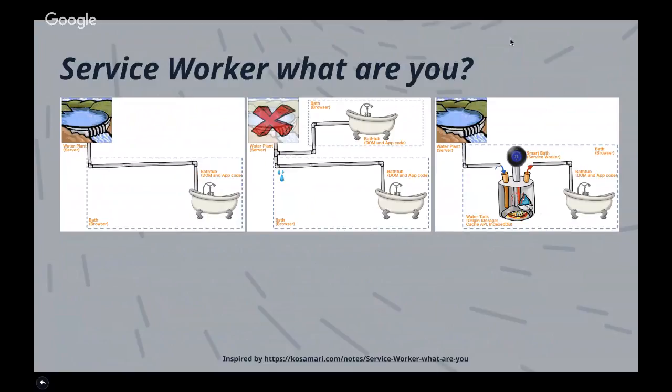Think of it as your pipe leaking. Or you could have multiple people trying to take a bath at the same time, which will pull down the efficiency or the responsiveness of your server. So, Service Worker, let's say, is a smart bath, and the smart bath allows you to request content from the server, which is the water plant, and let's put it in a water tank, which is like your Cache API or IndexedDB, which is actually called origin storage. We'll go into that later.